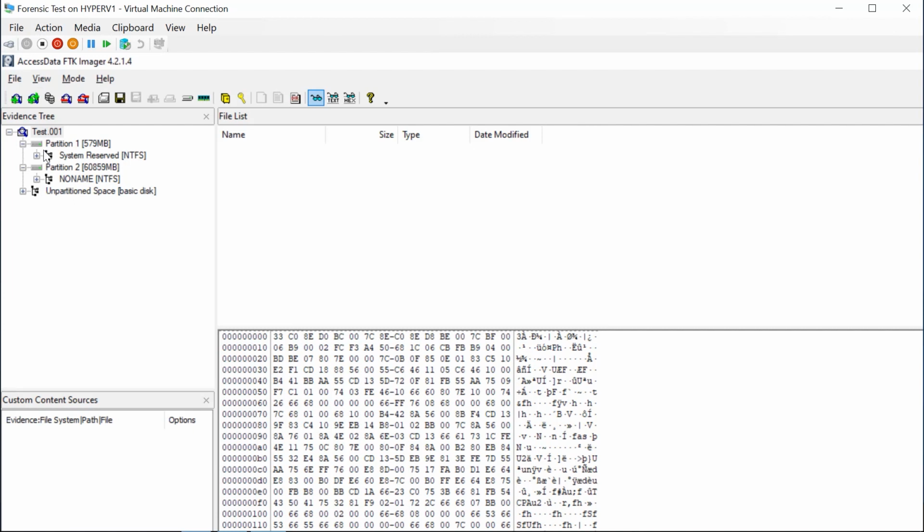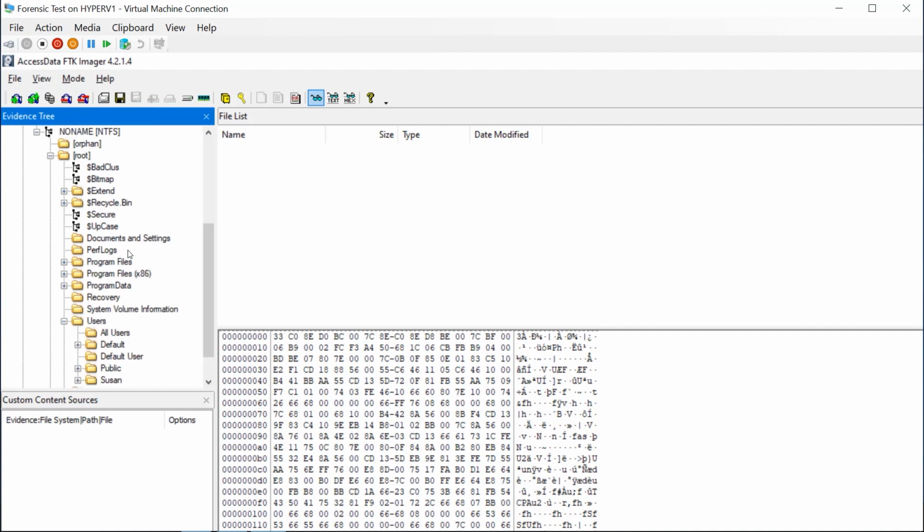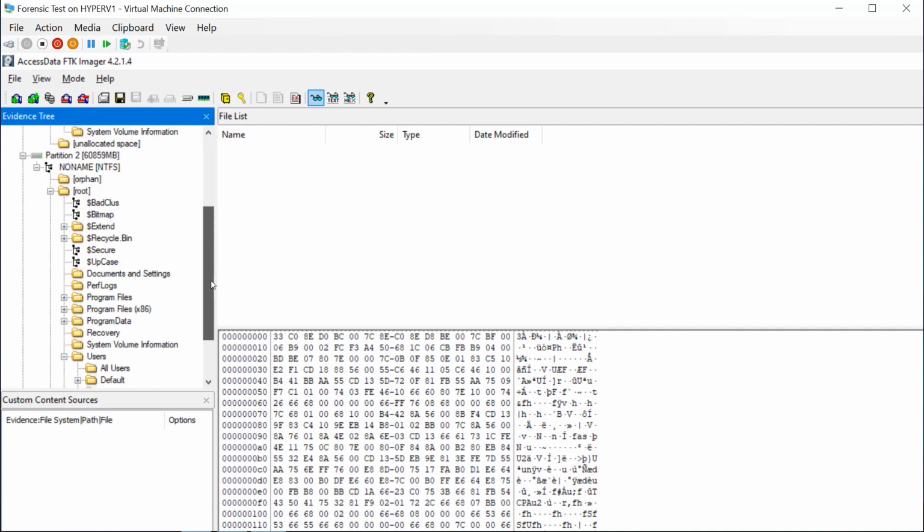So here, for example, is a sample image of a hard drive. And I've got several partitions. And you drill down and you've got supposedly orphan, unallocated space, down here in partition 2. If you are familiar with the folder structure of a Windows environment, things start to look a little bit more familiar. Program Files x86, Users, and what you're looking for is, where are the Windows event logs located when it's not a mounted system.